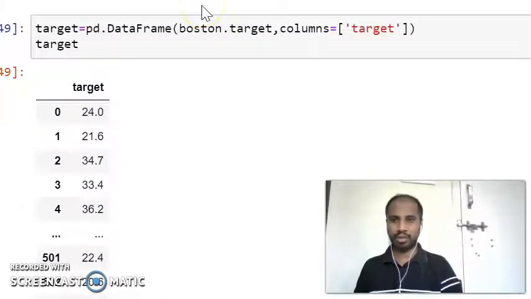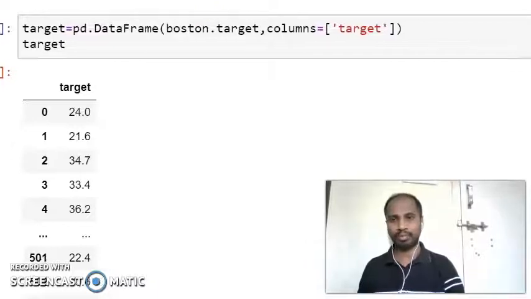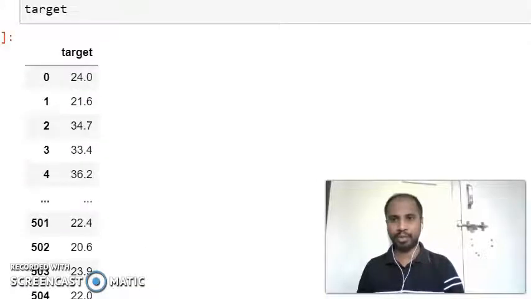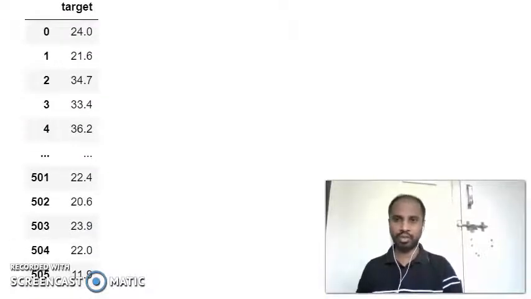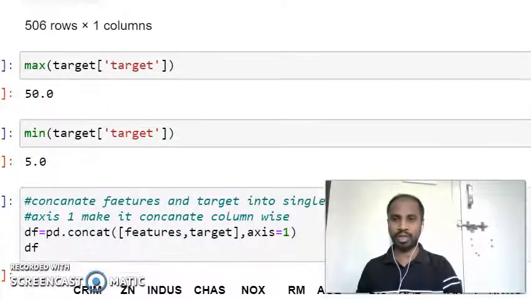Now, 13 attributes are there in the Boston dataset, and the 14th is the target value. The target value is the price value that we want to predict. These are the known target values. The maximum target value is 50, and the minimum target value is 5.